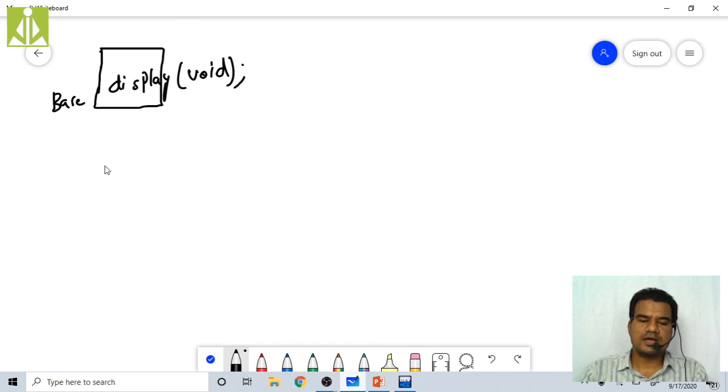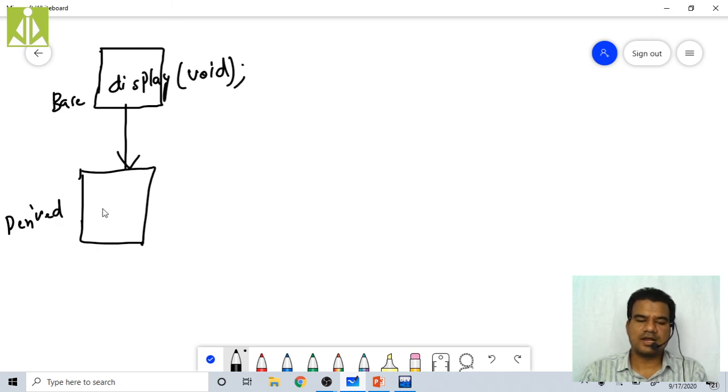So another class I have taken and derived from this class, and we are calling this class the derived class, and this derived class also has one display definition with one integer parameter.